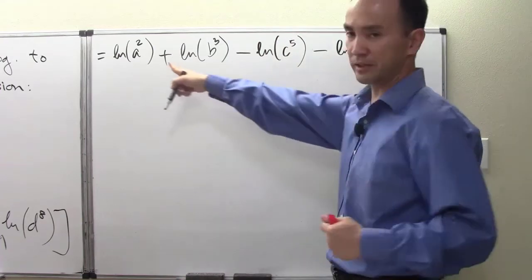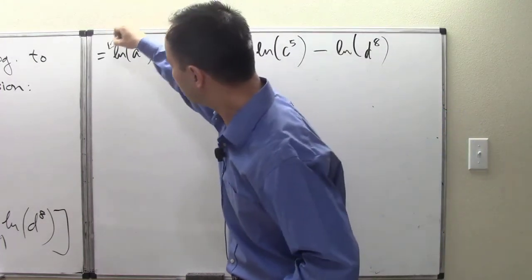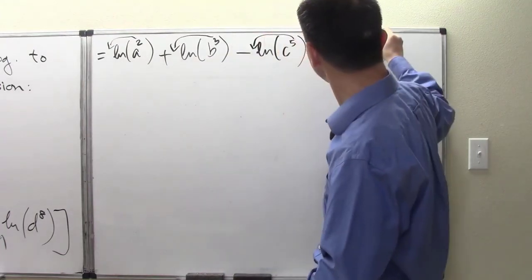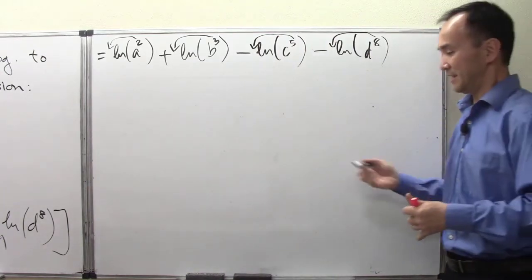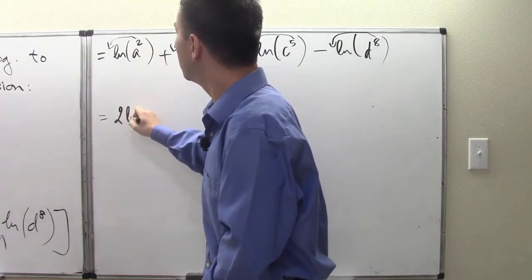And now I can just simply apply that property number 6 to bring the power in front as a coefficient, bring the power here in front as a coefficient, and bring that power here in front as a coefficient. Okay, and so now in my last step right here, I'm going to have 2 natural log of a,